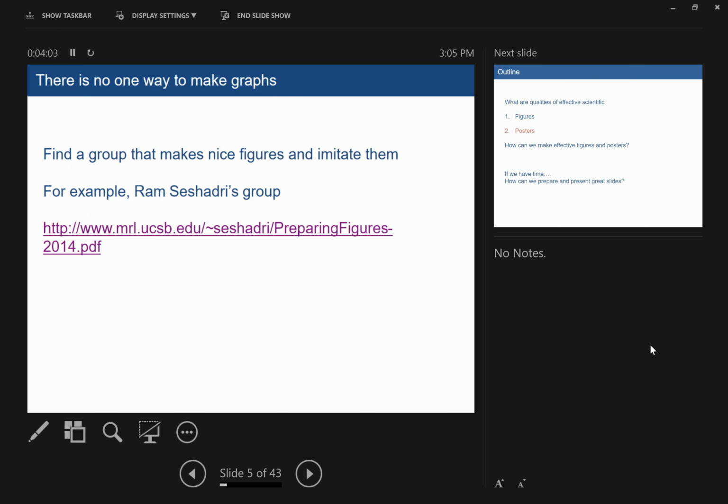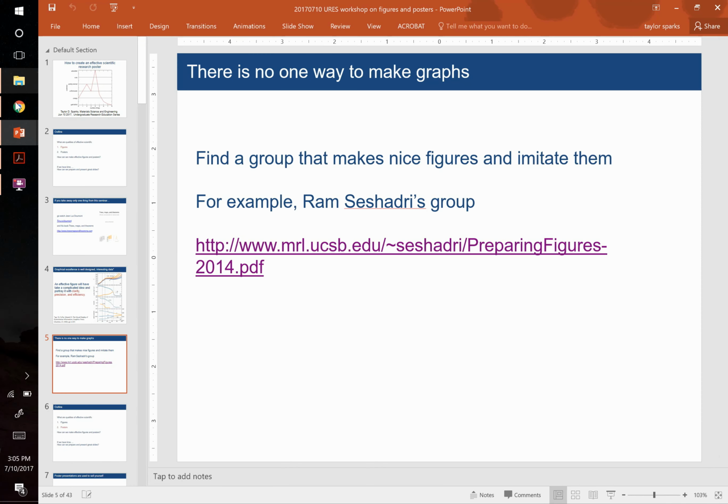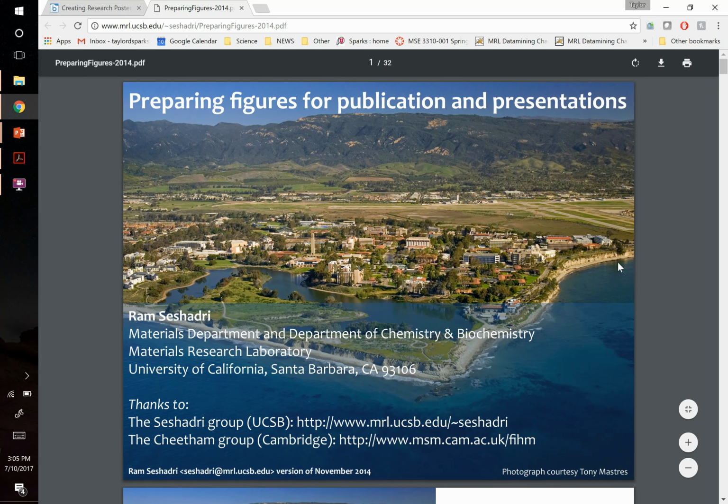I rip off my postdoc advisor's way of doing figures. I now have my graduate students and my undergraduates doing the same thing, right? So that said, let's go to my postdoc advisor's group, Ram Seshadri, and see how he does his figures. So for a presentation he put together,